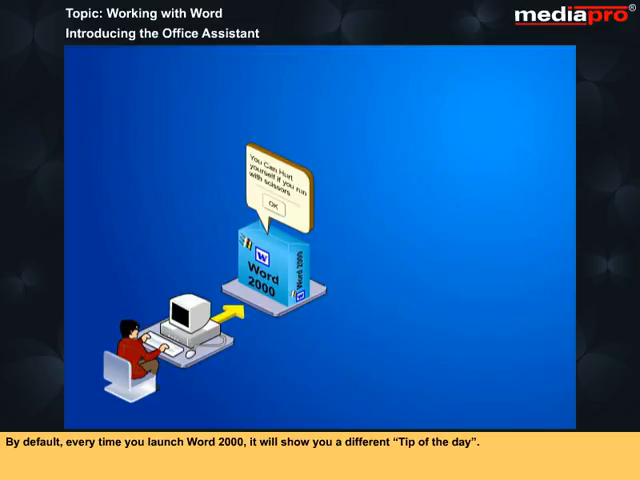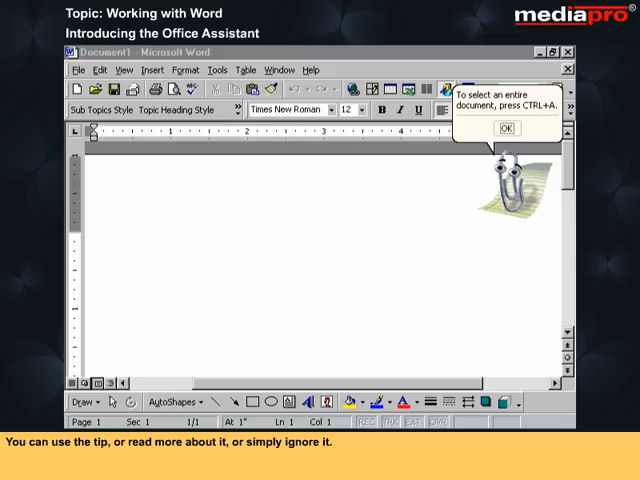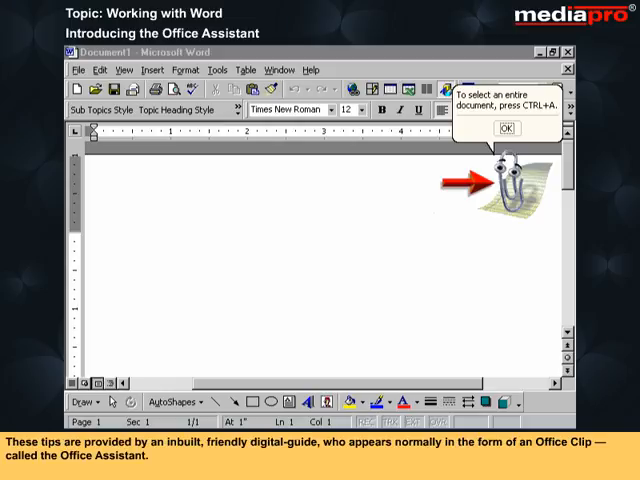By default, every time you launch Word 2000, it will show you a different tip of the day. These are friendly tips and tricks that make you proficient in using the application. You can use the tip or read more about it or simply ignore it. These tips are provided by an inbuilt, friendly digital guide who appears normally in the form of an office clip